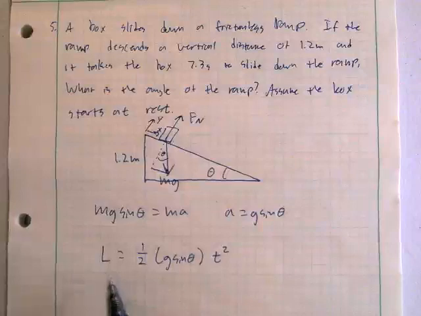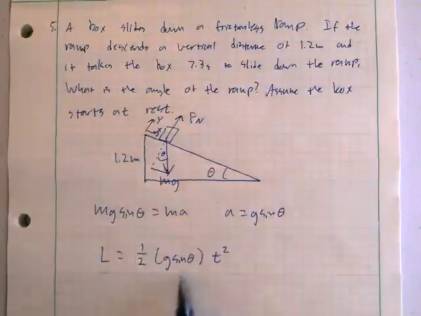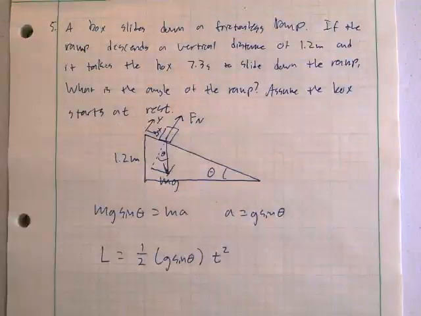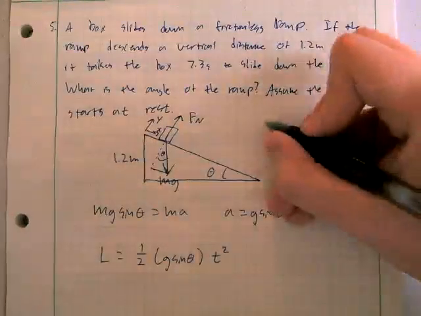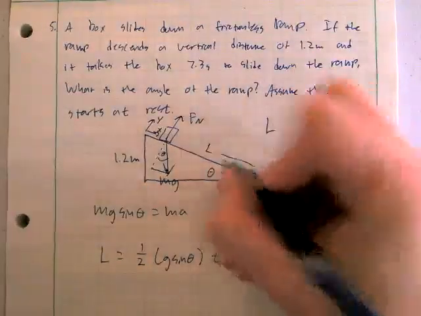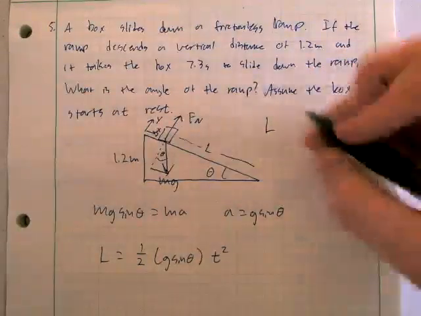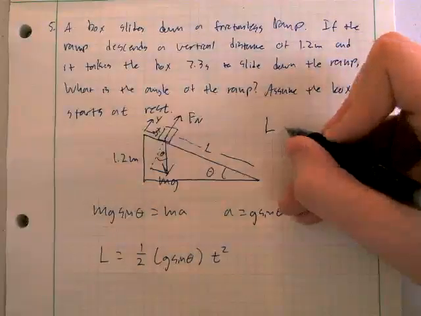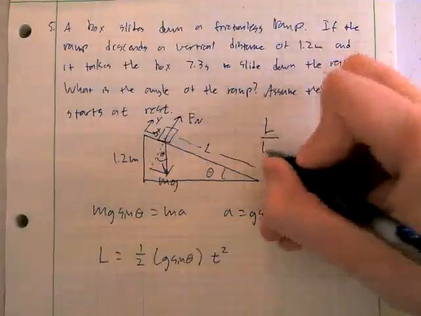So how can we relate this theta and this L in some way so that we can actually plug in and solve for one or the other? Let's go ahead and just write our equation. What we must know has to be true based on our trig, right? The length of this ramp, this overall, here's our L, the actual length of the ramp, the hypotenuse length of this ramp. How is it related to this? We know that L over